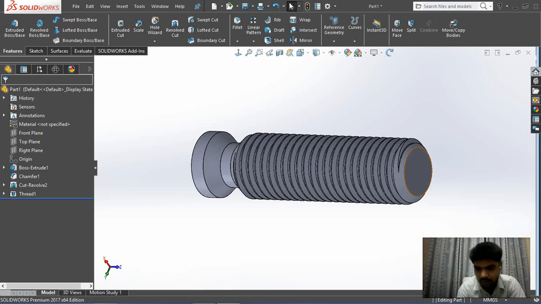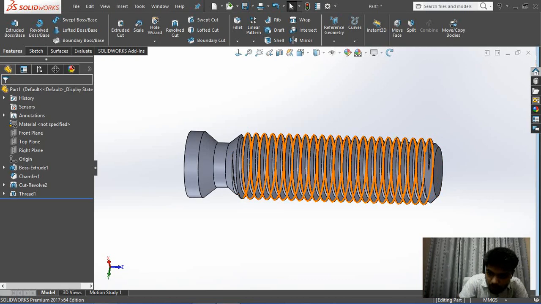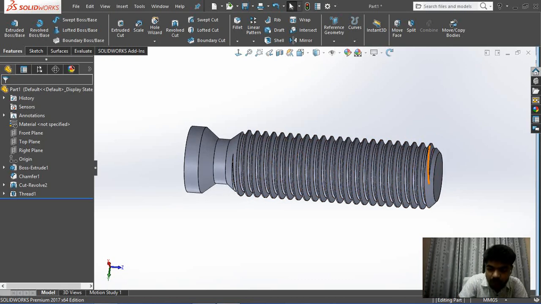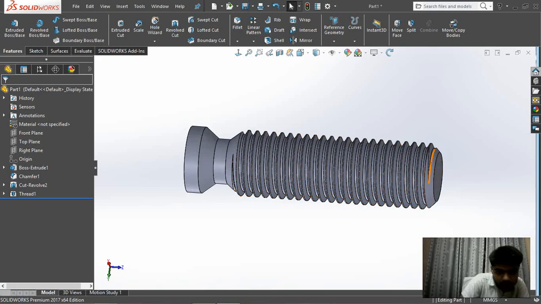And why did I do this chamfer? Because when the tool is engaging into the workpiece to remove the material, there are sudden forces, so it gradually goes into the workpiece and gradually comes out of the workpiece.